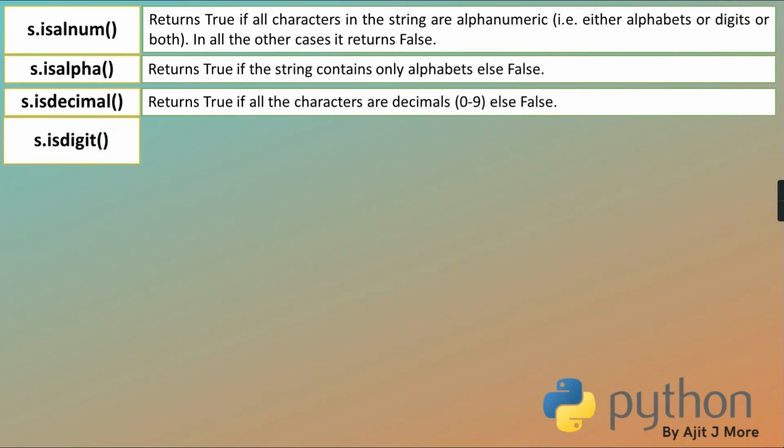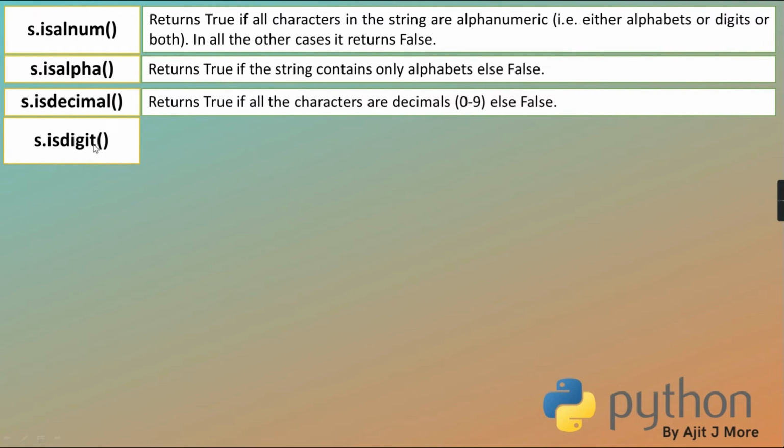Now we have isdigit. Again, you'll be a little bit confused. Meaning wise it looks the same, isn't it? If you take the literal English meaning, you think that isdecimal is checking 0 to 9, isdigit might also be. So isdigit will surely check 0 to 9. Listen carefully. Means isdecimal is already considered in isdigit.